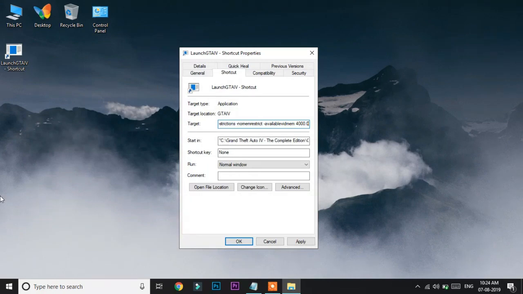Now it depends upon which graphic card you have and how much RAM is there on that graphic card. For me, I have a 4GB graphic card, so that means it has 4000 MB RAM. So I will type in 4000.0. Make sure to give a space before typing that specific number. Just type in the number, make sure to give a space before it, and just click on apply and hit OK.